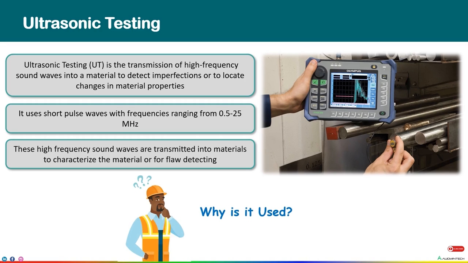Now you must be wondering why is it used? As an NDT method, it is very ideal for detecting flaws and defects without damaging the object or material being tested. Periodic ultrasonic inspections can also be used to check for corrosion or for the growth of known flaws, and thus potentially prevent the failure of a part, component, or entire asset. It is used in a wide range of industries, including aerospace, automotive, construction, medical, metallurgical, and manufacturing.